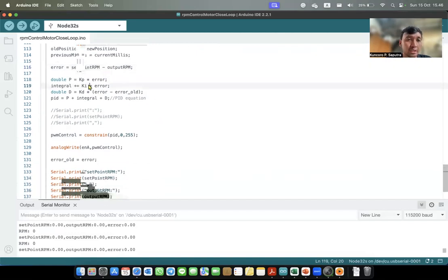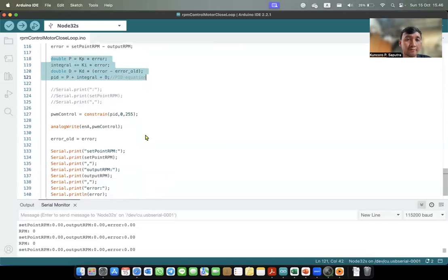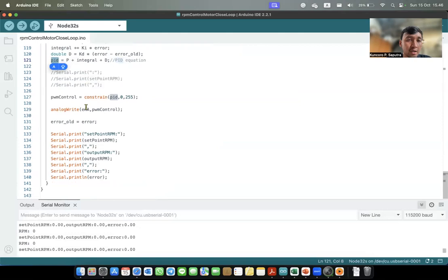And then we use the PID algorithm here, so the system can make corrections to get a small error. After that, in the end we can get the PID value. The PID value will be used to control the PWM value.